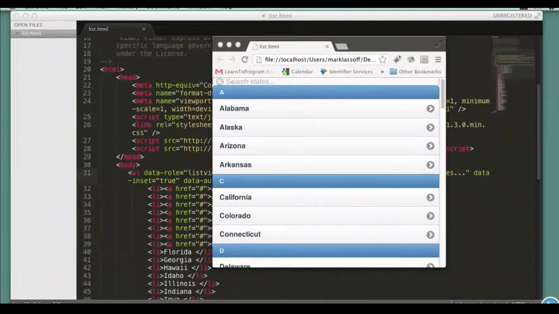There's a number of other things we can do with lists, like add thumbnails or split buttons. So this is just kind of scratching the surface of what we can do with lists using